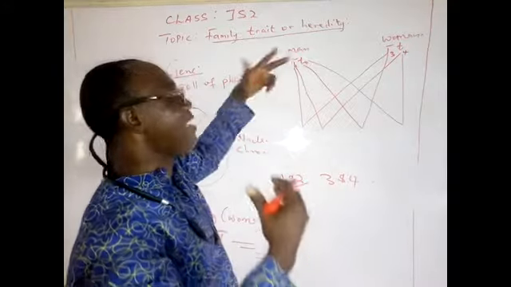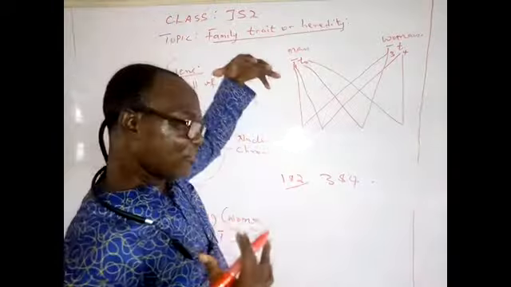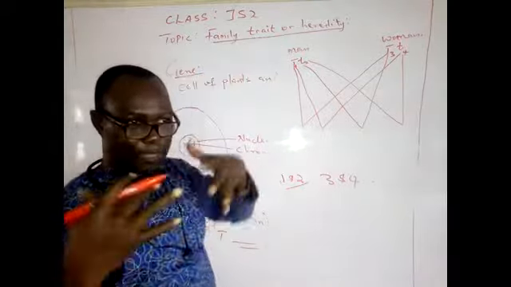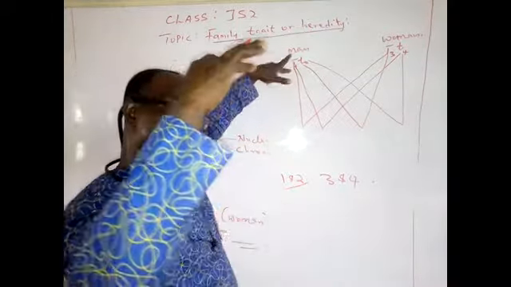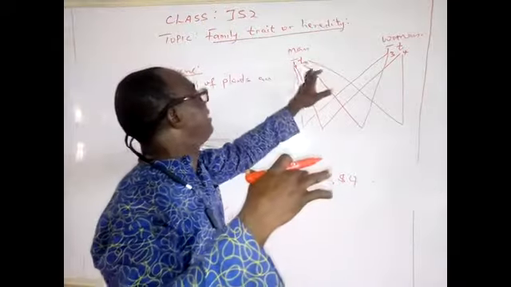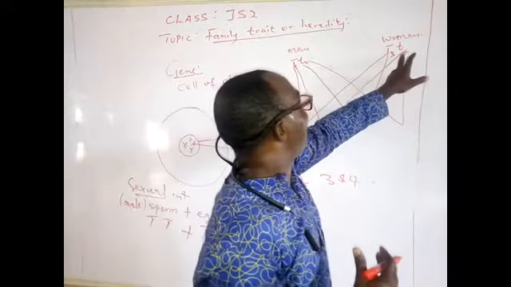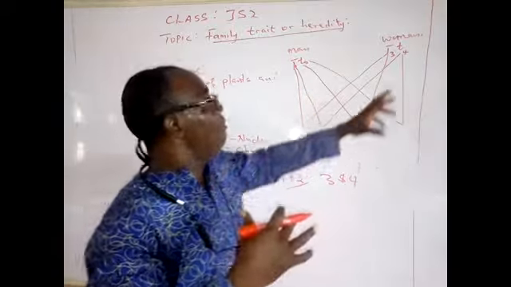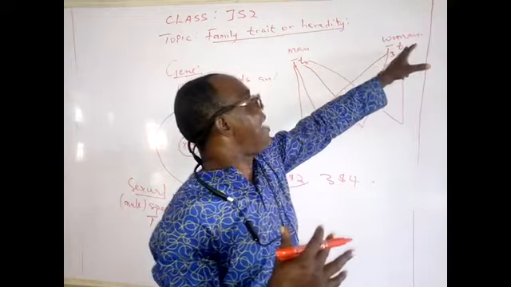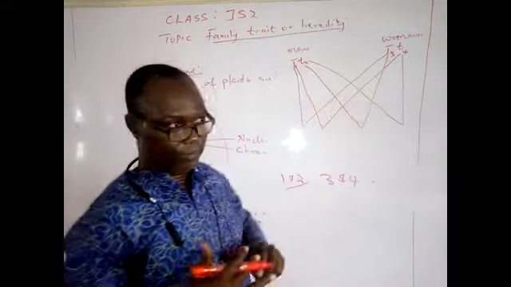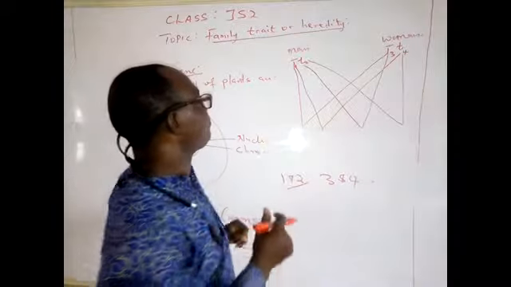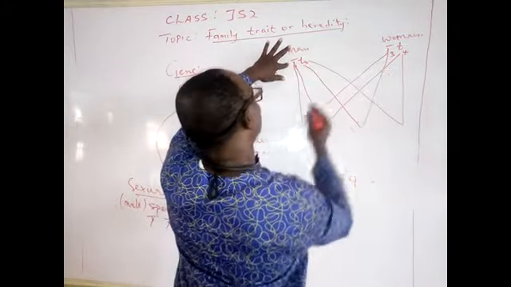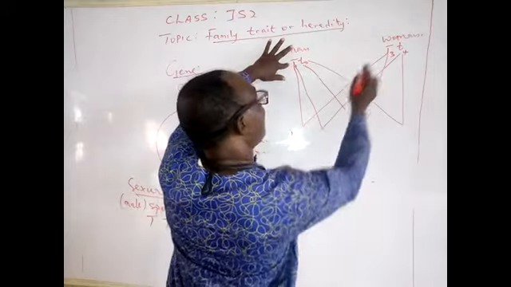Let's assume that your father has parents, one tall and one short, and your father inherited both genes for tallness and shortness from the parents. So it will appear like this. Although your father looks very tall, there is a gene for shortness there. And let's assume too that your mother has the same traits in her. Very tall, but there is a gene for shortness, because either the father or mother was short, but it is not appearing on her. So by the time you have the first child, you have T tall 1 and T